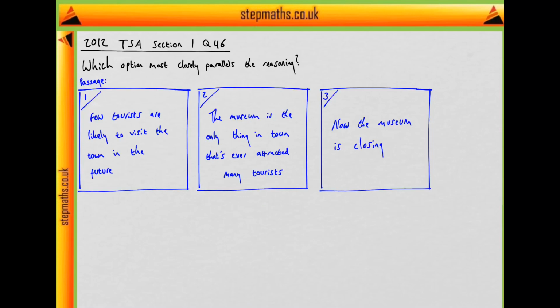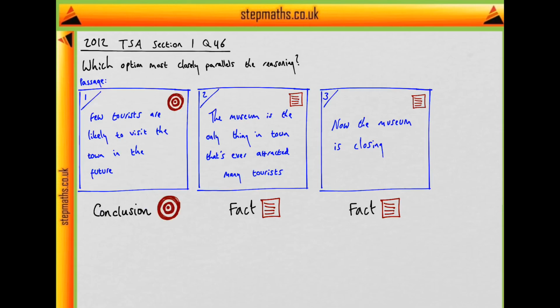And what we want to do is to find the logical form of each of these sentences. But we want to start off with trying to find the logical form of one of the premises or reasons, rather than the conclusion. So a good place to start is to try and identify the conclusion so that we can find the logical form of the conclusion last. So have a go at trying to work out which is the conclusion. Well, sentences 2 and 3 seem to be simply facts. And that means sentence 1 looks like it's going to be the conclusion. And indeed, sentence 1 is supported by both sentences 2 and 3. And so sentence 1 is going to be the conclusion.